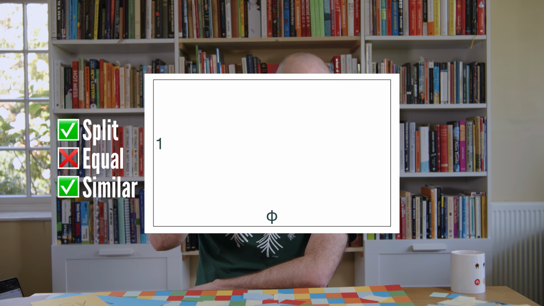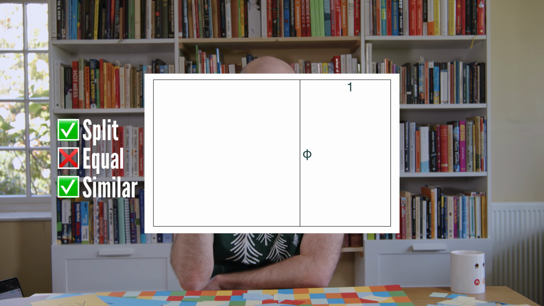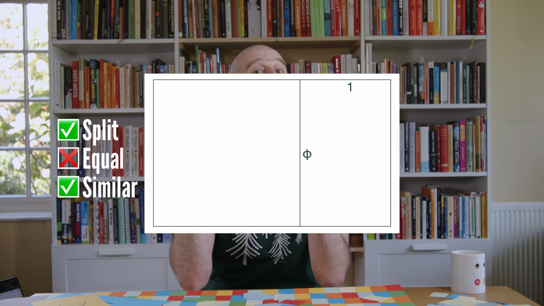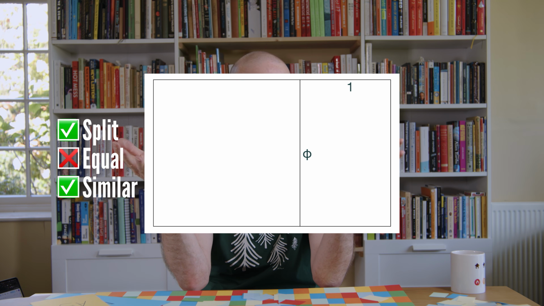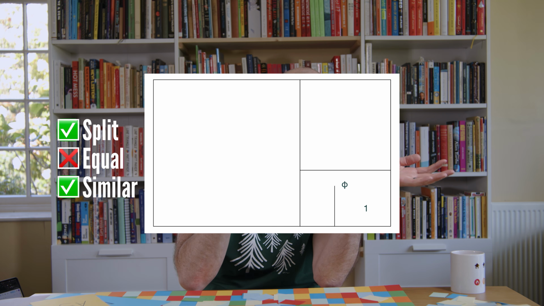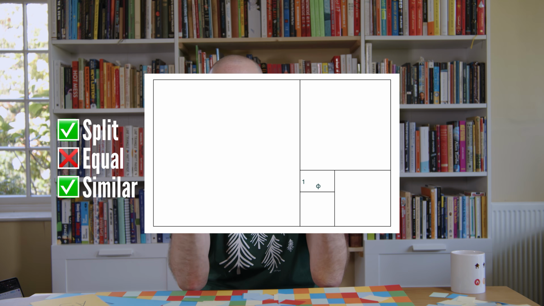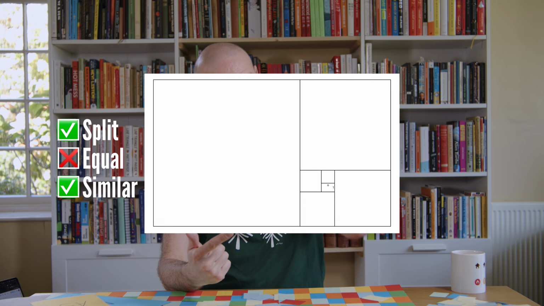So for example, you can have a paper scale where you split it into 2 pieces, but the pieces are not equal, but they are still similar. So for example, if you start with a ratio of, and I hate to say this, the golden ratio, if you split it into unequal pieces to get a square and a rectangle, the rectangle is perfectly similar to the original rectangle. It's still the golden ratio. In fact, you can keep unequally splitting it and you always get a square and another golden ratio rectangle, and that carries on forever. So there we've got the split property and we've got the similar property. We haven't got the equal property.